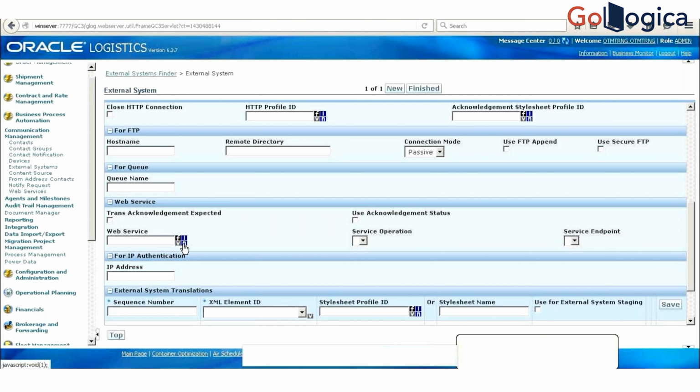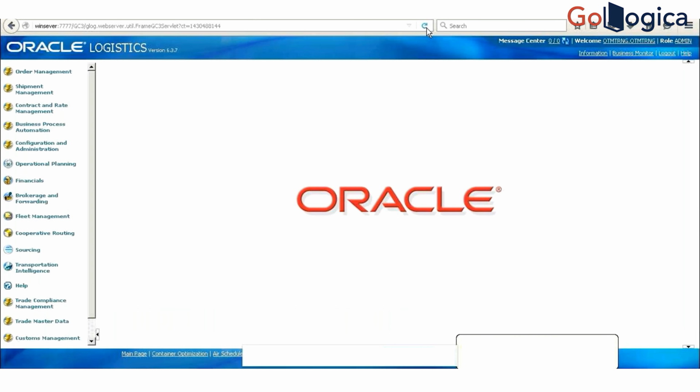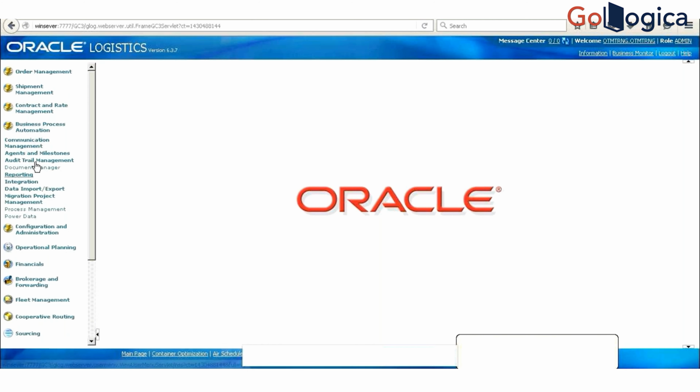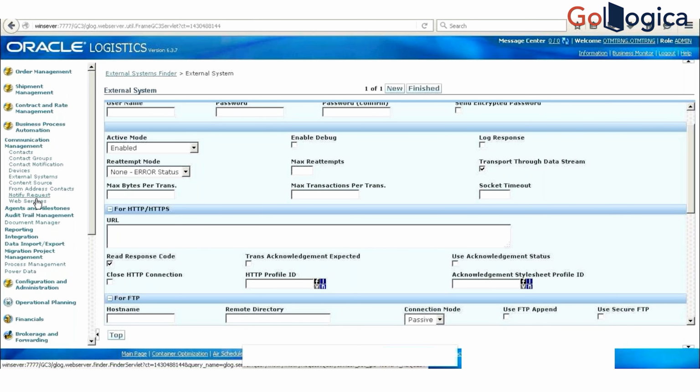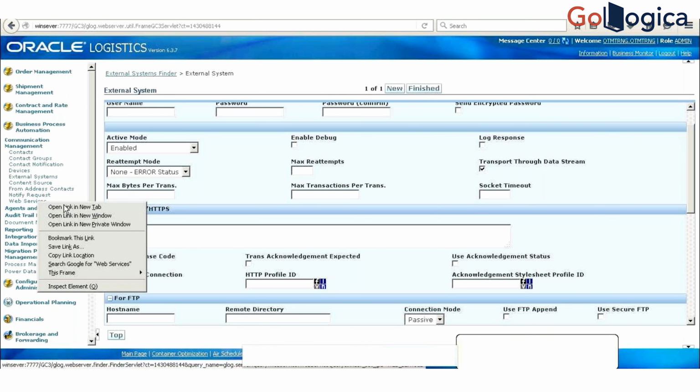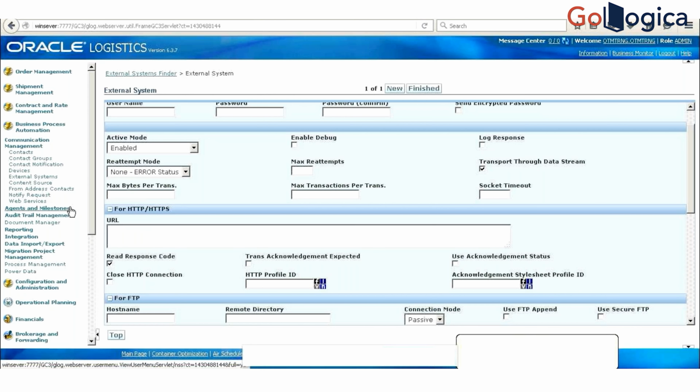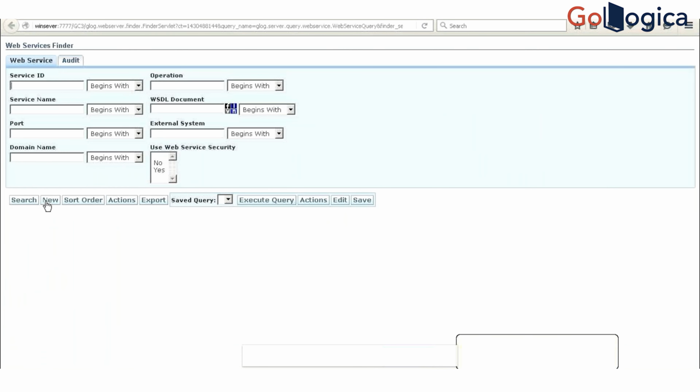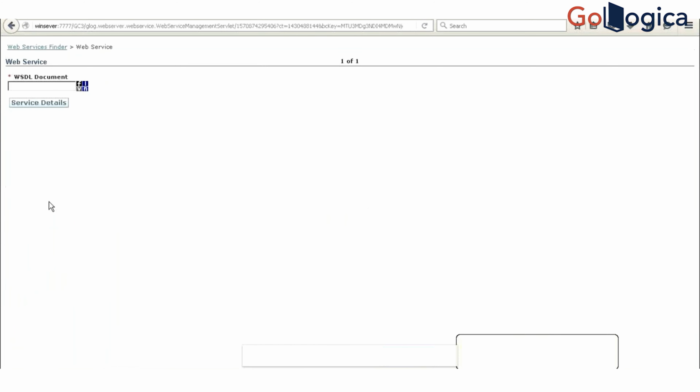So basically, if you create new, what will happen? You will define the IP address and all of that. You can define the web services from here, and actually you can create a new